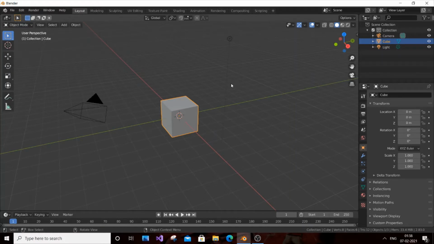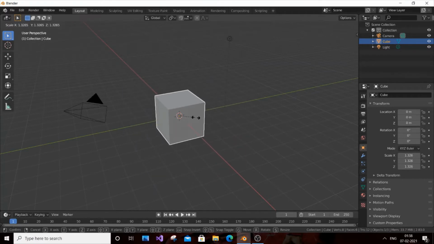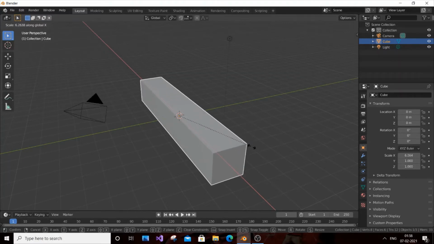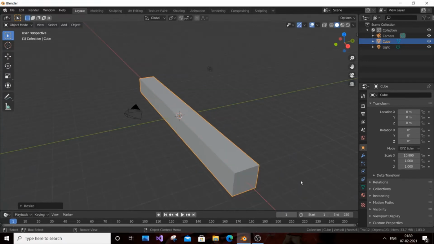Currently I have an empty Blender project. It has a cube. So what we will do is just select the cube and press S. It's used to minimize and maximize the cube. Now press X, okay. So it scales along the X axis. This cube is basically going to be the bottom portion of our building. It's going to be just a plane or a ground-like structure. So just move, I think this will be enough, just scrolling out. So this will be along the x-axis.